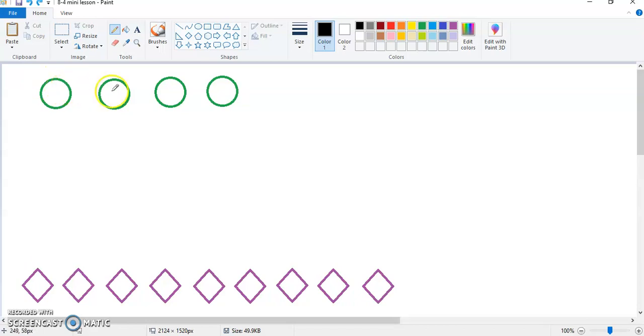So here we have 4. We're starting with 4. So our beginning number is 4. Down and across and down once more. That is how you make a 4. And we are subtracting 3, remember. So we started with 4 green circles. We're going to take away 1, 2, 3. So we started with 4, take away minus 3